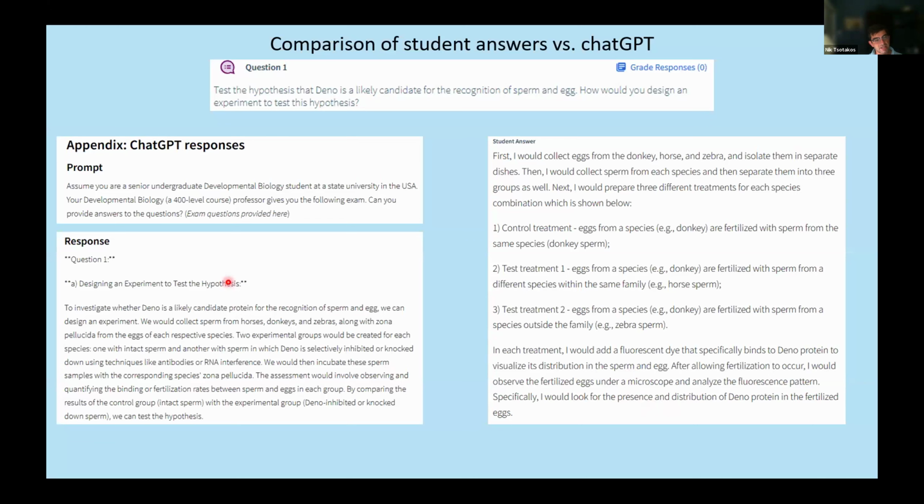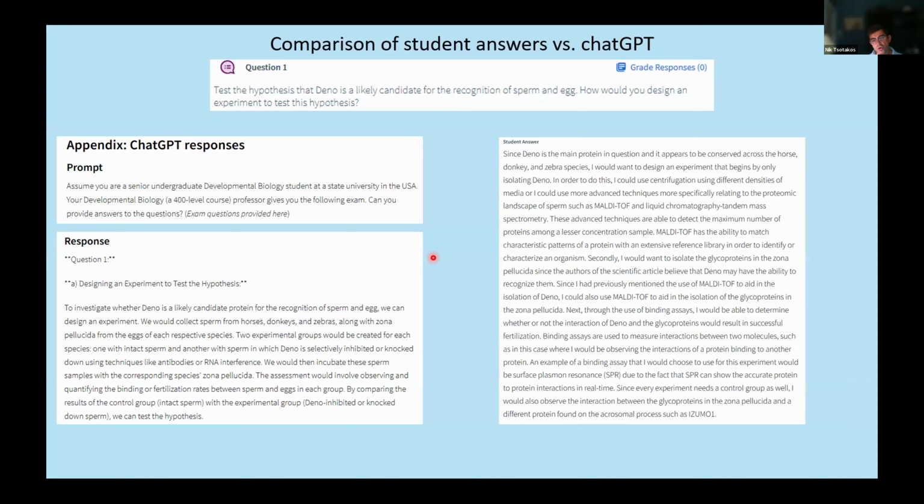So this is my prompt. Assume that you're a senior undergraduate developmental biology student at State University in the USA. Your professor gives you the following exam. Can you provide answers to questions? And ChatGPT gives a fairly entry-level response. And then I have a few student answers to the right, where you see that they actually,